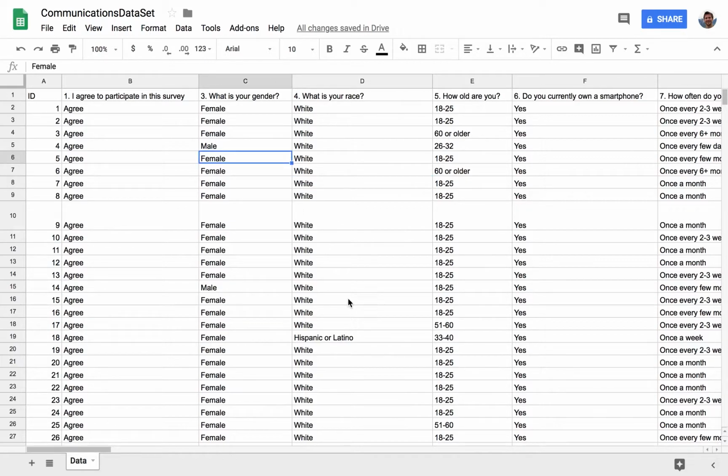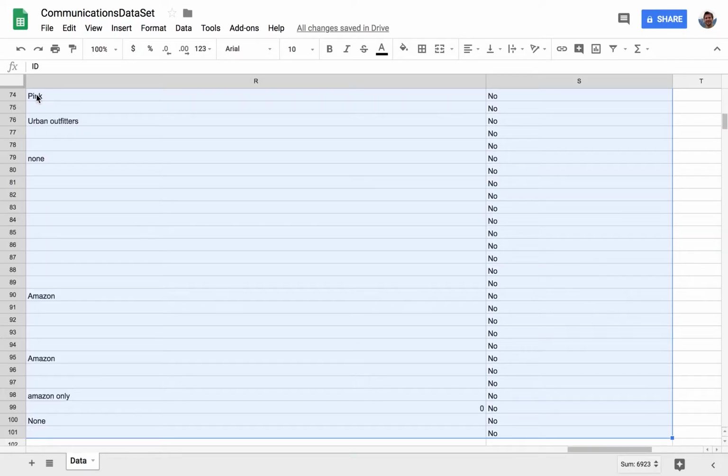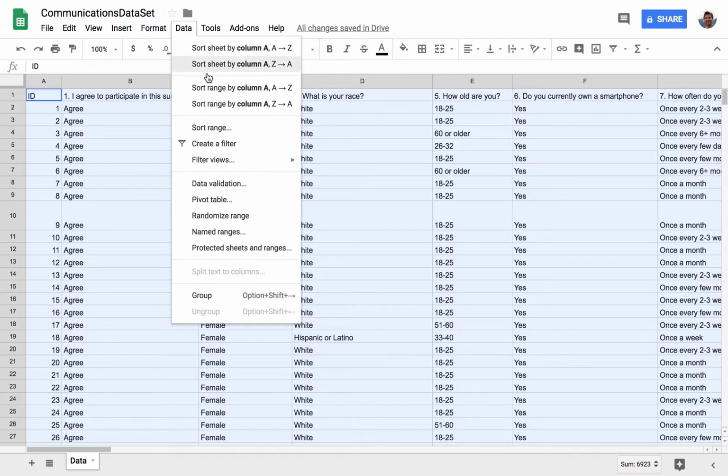The first thing we want to do is highlight all of our data. So again, we're going to use either the Control-A approach, or we're going to start in the upper left. We'll hold down Control and Shift, use the right arrow to collect the appropriate columns, and the down arrow to make sure we collect all the rows. All right, once everything is selected, we're going to go into the Data tab, and we're going to go down